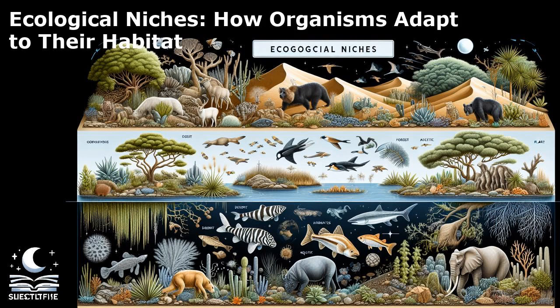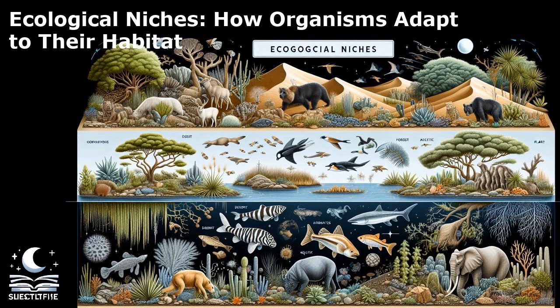Another intriguing adaptation is the suction cups on the tentacles of octopuses, which allow them to grip and manipulate objects underwater with remarkable dexterity. These suction cups are so effective that they can even adhere to smooth surfaces such as glass, showcasing the incredible adaptability of these cephalopods. In terms of statistics, studies have identified over 300,000 plant species that have adapted to arid